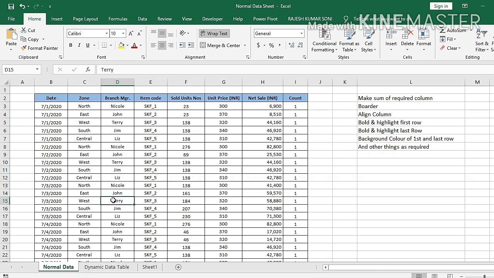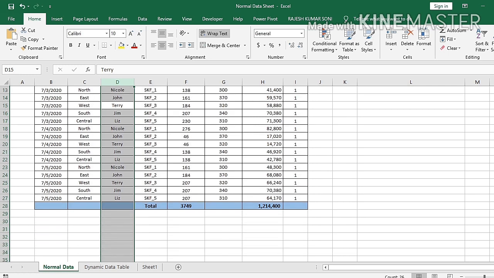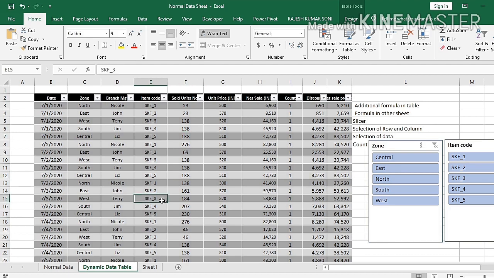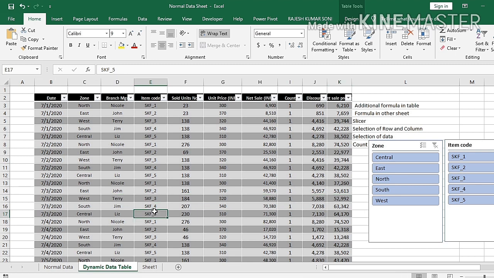And similarly, if we press Control plus space, it will select the entire column, but it is not so in the case of this table. We click here and we press Shift space, it will select only the row which is in the table, and if we press Control space, then it will select only data, not the entire column or entire row. This is one additional feature of this. Now go to the next.